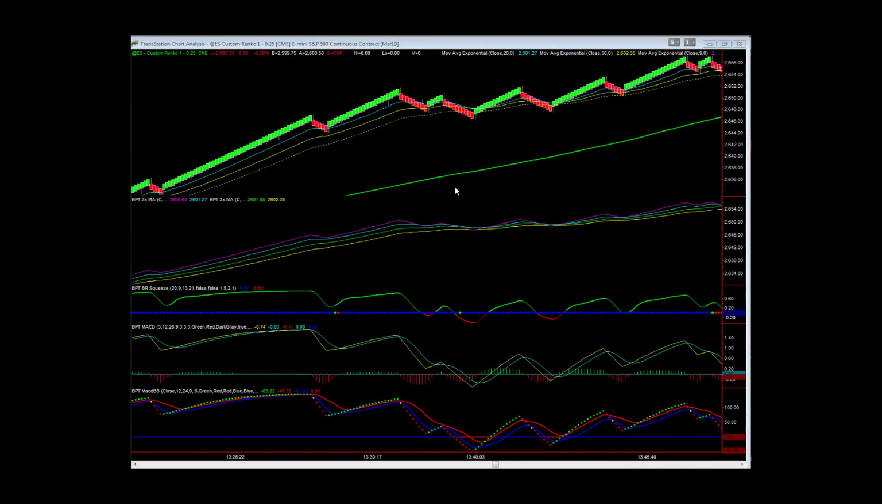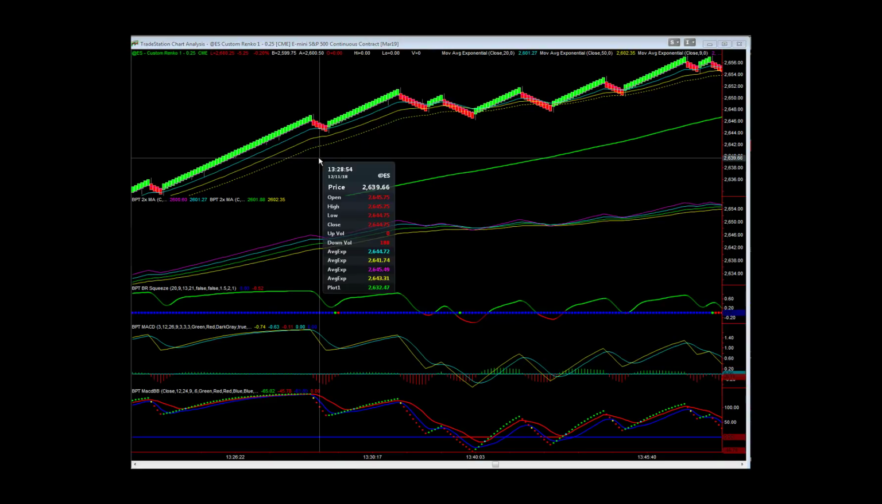Things you can look at more advanced in the future are divergences or reverse divergence. I've talked about that before. So reverse divergence is when, say, price is trending up and your indicator is not confirming. So I'm not talking about normal divergence where you're looking at the highs of indicators. I'm talking about when you're looking at the low of indicators. So for example, here